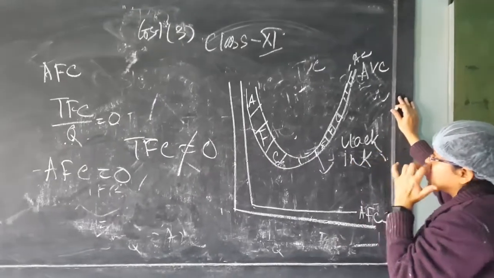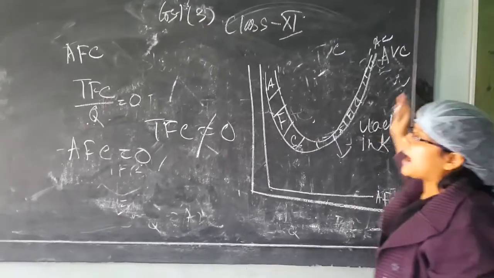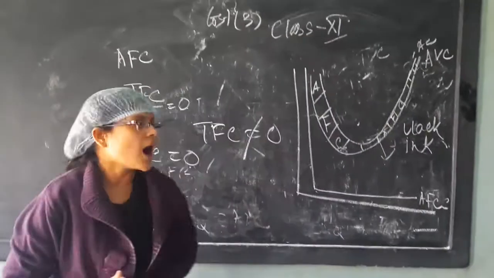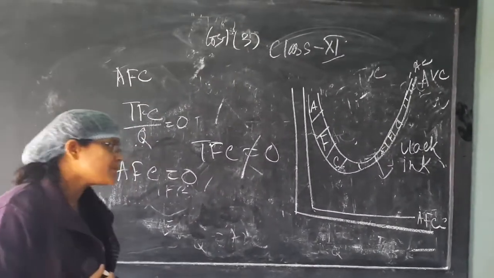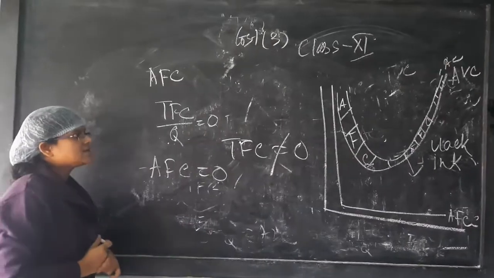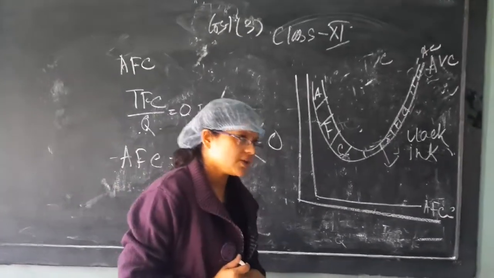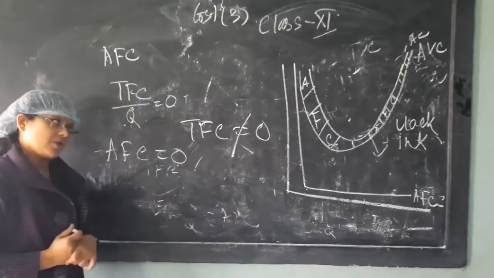So when you draw the curve, you should be very careful. And I am completing this chapter. Up to this you have this, and apart from that you have the banking chapter and the fiscal policy. The banking chapter will be done by Avanti ma'am and fiscal policy I will do. Thanks.